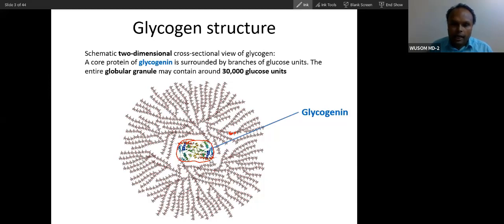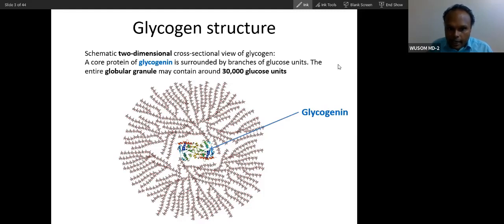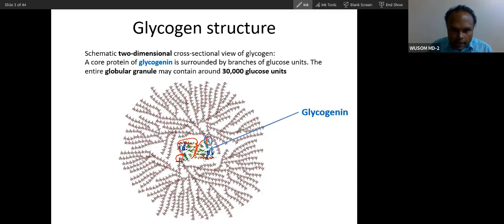What happens is that glycogen synthesis does not happen on glucose itself. In order to start, glycogen synthesis requires a protein. If you look very clearly inside, it is a dimer protein, made up of two proteins. If you see, there is one glucose chain linked here, and another glucose chain linked here. If you look minutely, these two side chains are linked, and on this glucose chain you can see the